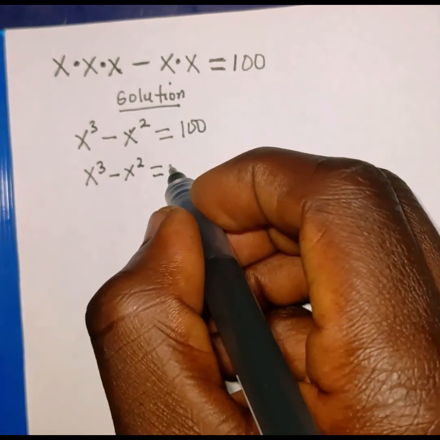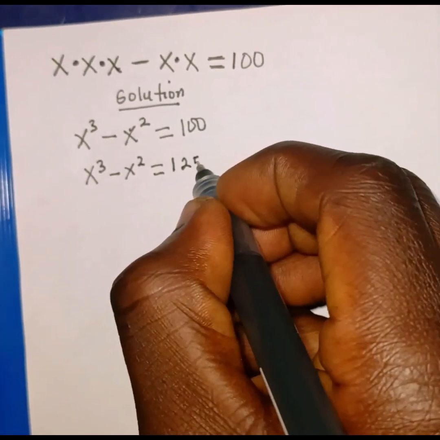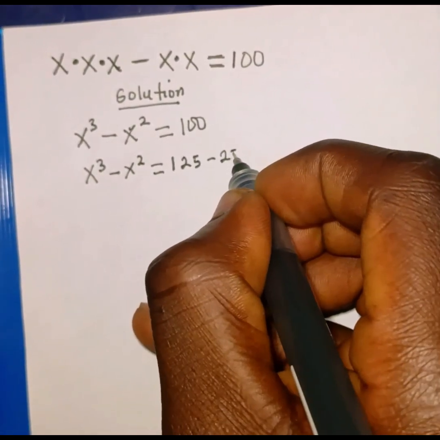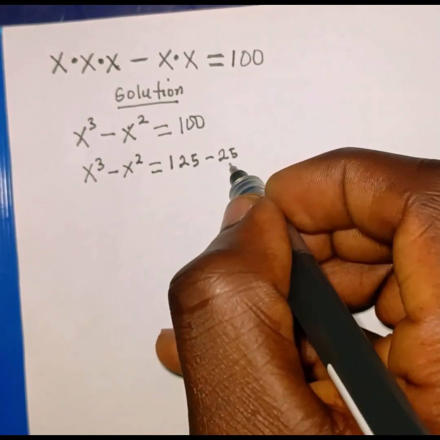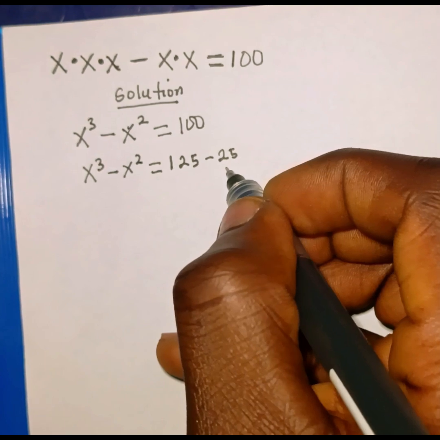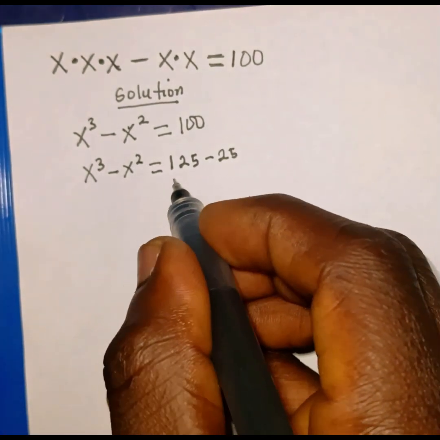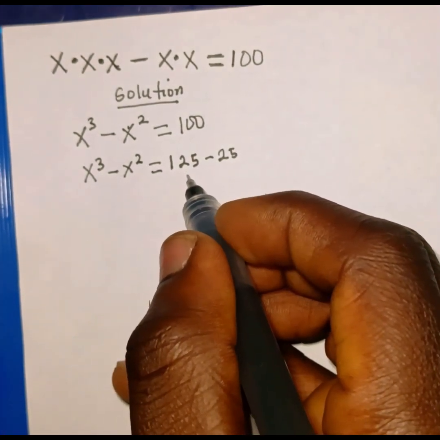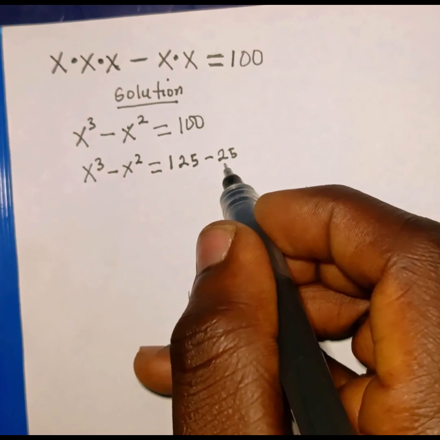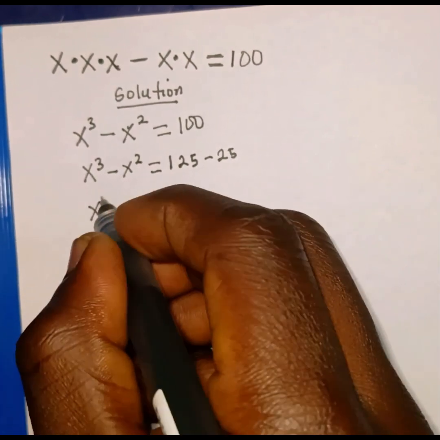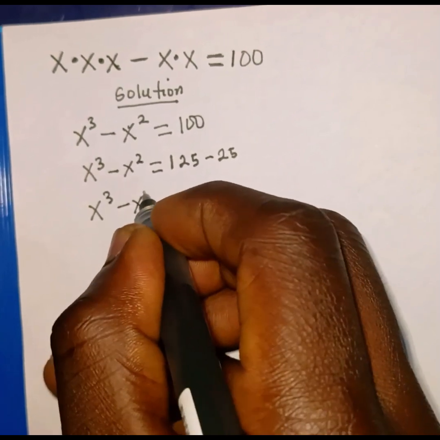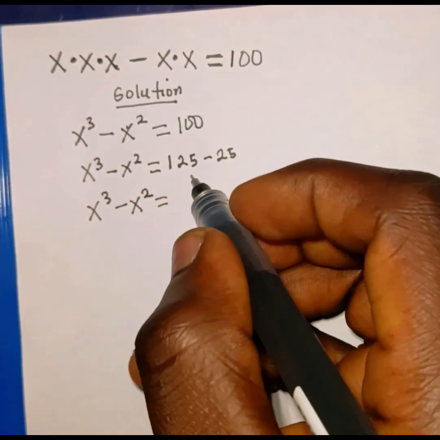100 can also be written as what? 125 minus 25, so that this 125 is a perfect cube and this 25 is a perfect square. Now the next thing we're going to do is to convert this 125 into a cubic expression, and also write 25 as a square. So we're going to have x to the power 3 minus x to the power 2, which is equal to